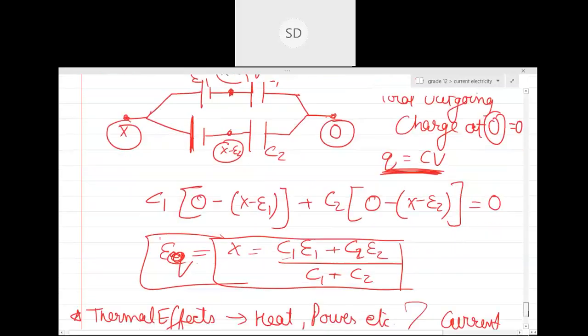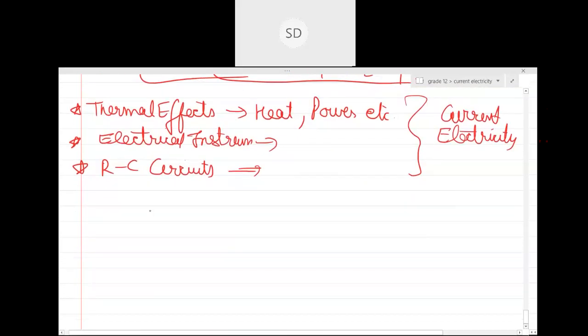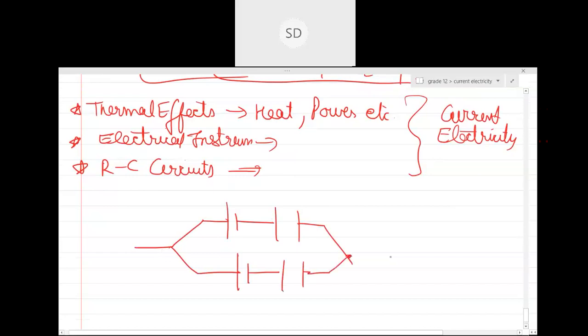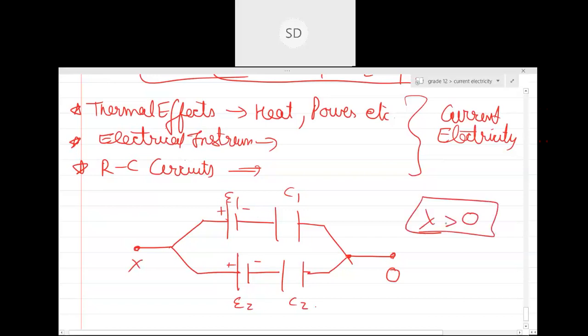First of all, you need to flow the charge, or it's not necessary. Then first tell me this particular thing. If you are assuming the whole thing having a potential over, if you're not able to flow charge, no problem. Since they are in parallel over here with this battery, plus minus, you see E1 and E2. If you are assuming X to be greater than 0, then this plate should be positively charged, and this plate should be negatively charged.